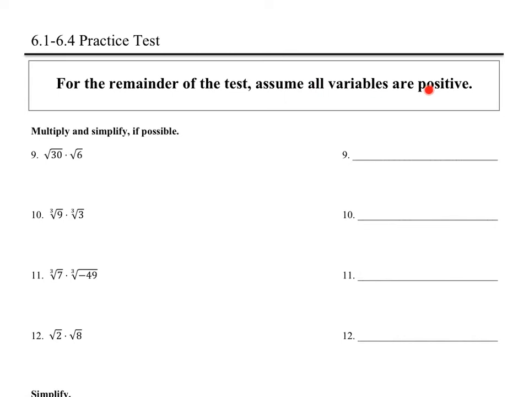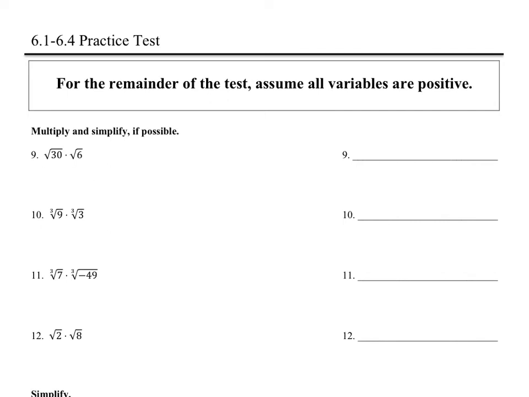Look at this. For the remainder of the test, assume all variables are positive. What does that mean? We do not have to do anything with our absolute values for any of the rest of the test. Nothing. So first one, I can multiply my two roots because the fact that they're both square roots, they have